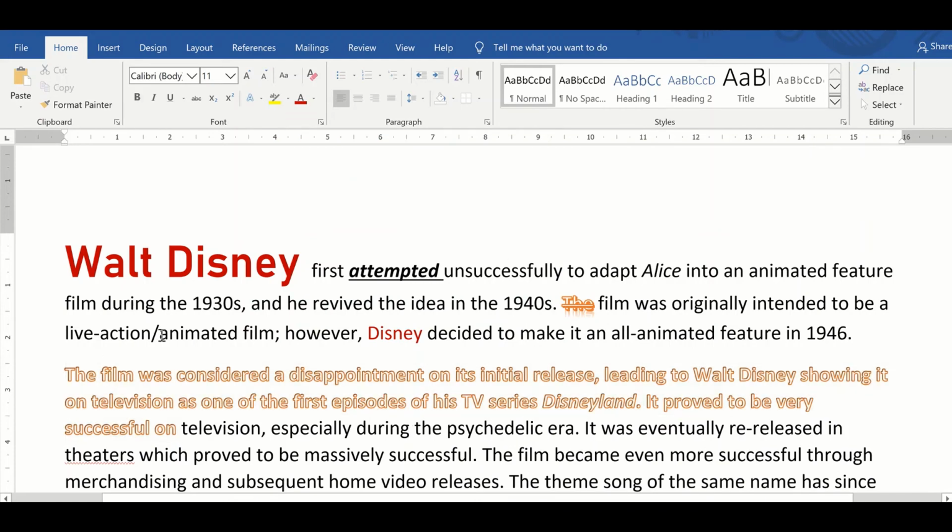Next comes highlighting the text. Select the text, click on the highlighter. This is the text highlighter. You can change the text highlighter color. It will highlight the text.